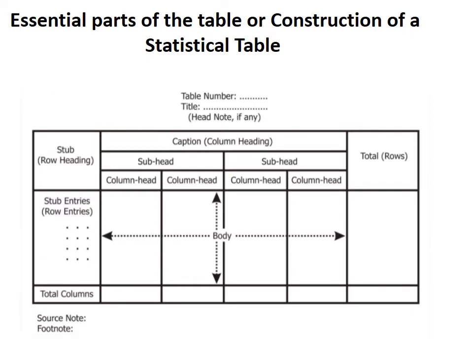This is an example of a table. Once we prepare a table, it should contain the table number, title, stub, caption and total. We can represent the total in the last column, and we have to give the row heading, which is nothing but the stub entry, and for the column head we have to mention the title in the table. After the table we have to write the source note and the footnote. Source notes are nothing but where you have obtained the data, you have to mention that source, and if you have any remark on the table, you have to write it in the footnote.